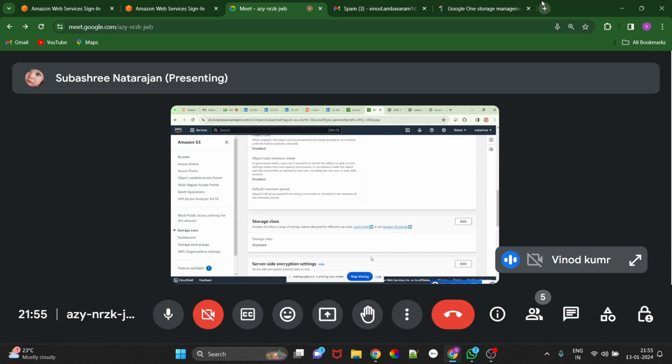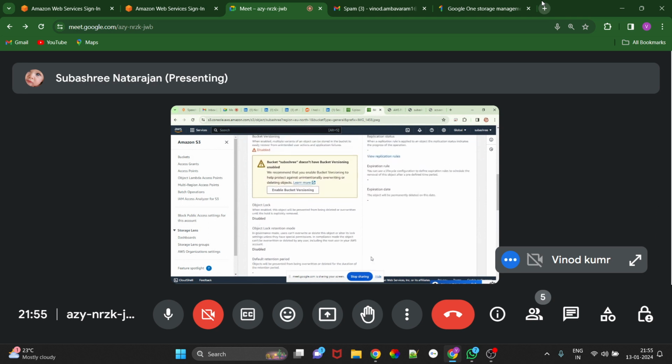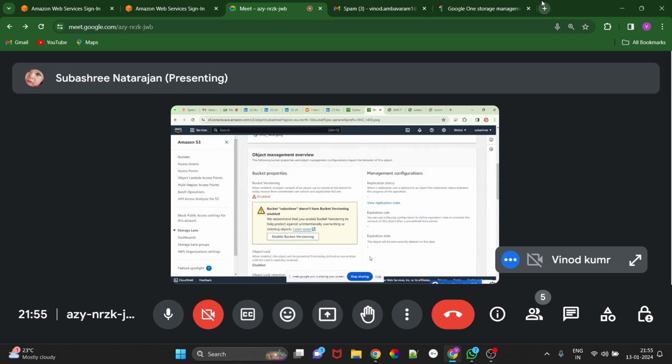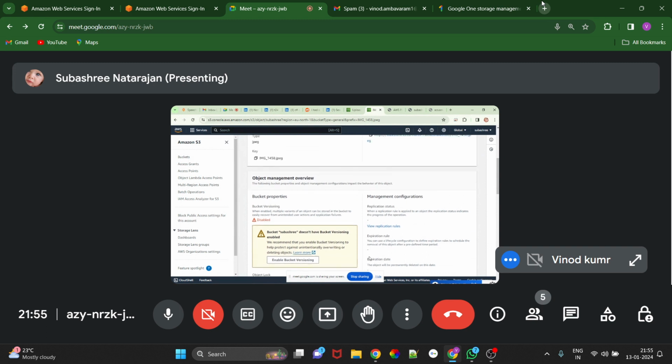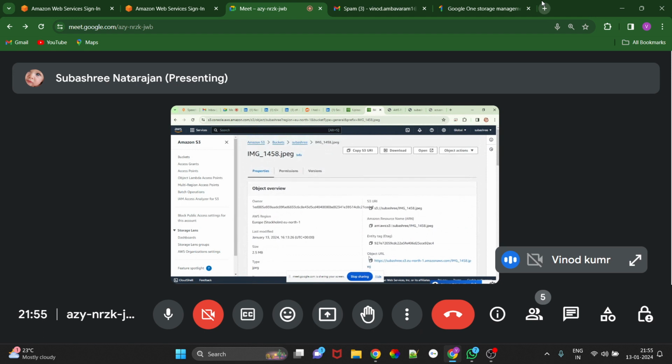Key. Scroll up if you will, you'll see object key. Object key. Owner. AWS. Object actions.